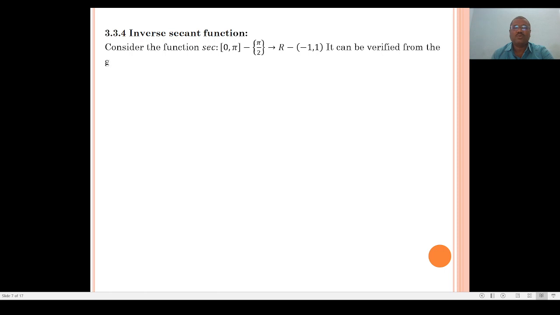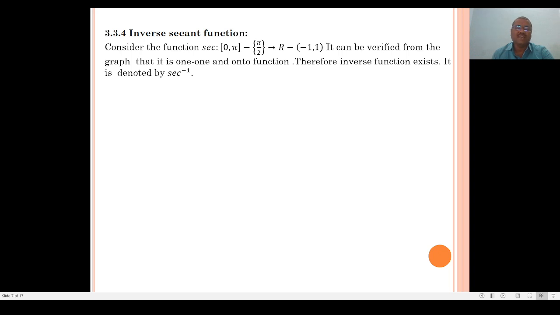And next and last, the secant function, the inverse secant function. So consider the function sec from 0 to pi minus pi by 2 to R minus the interval minus 1 to 1. It can be verified from the graph that it is a one-one and onto function. Therefore, the inverse function exists and it is denoted by sec inverse. Thus, sec inverse from R minus the open interval minus 1 to 1 to the closed interval 0 to pi